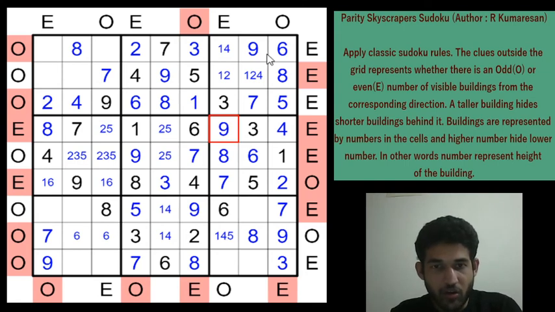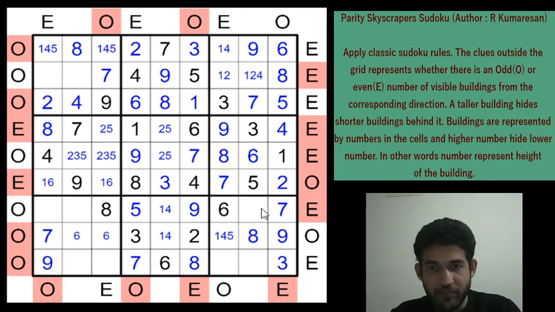So if you look along row 1, 2, 3, 7, 8, 6 and 9 are placed already. Remaining digits are 1, 4, 5. We can pencil mark the candidates. So we are seeing this building and this building. So this clue is not of much use for us. We will highlight that. So we have very few clues left now.